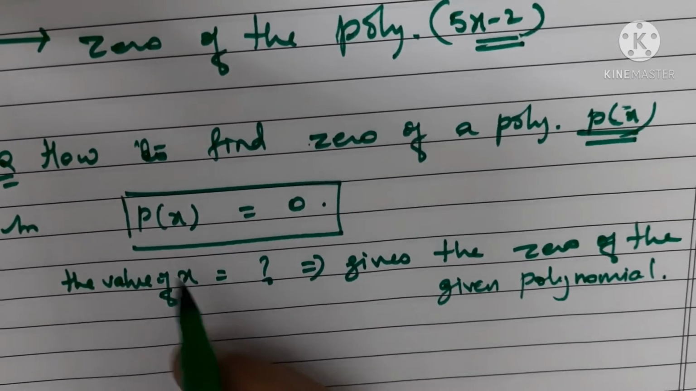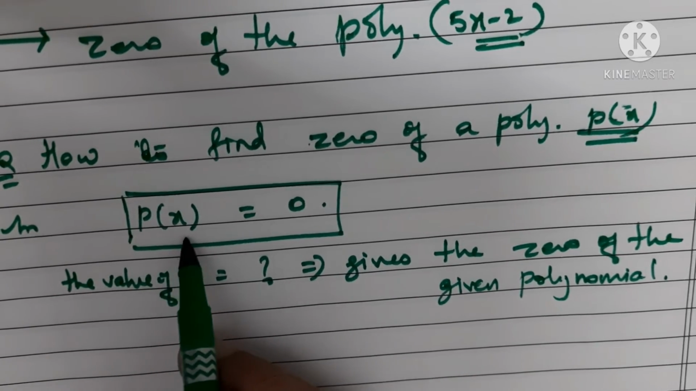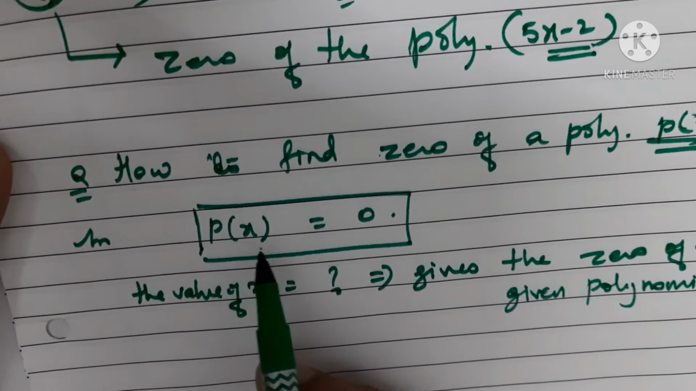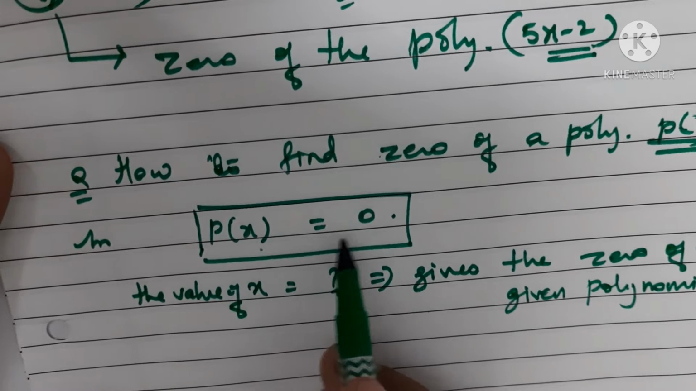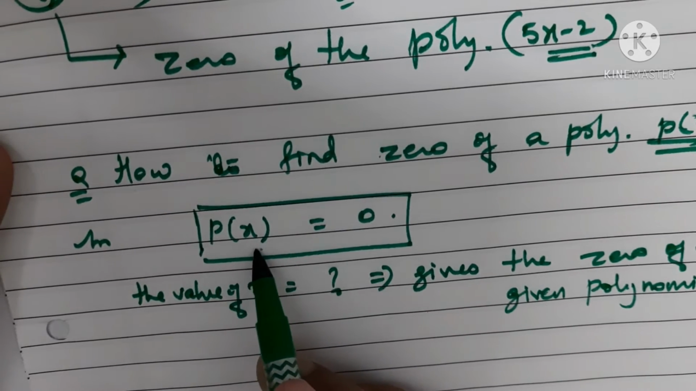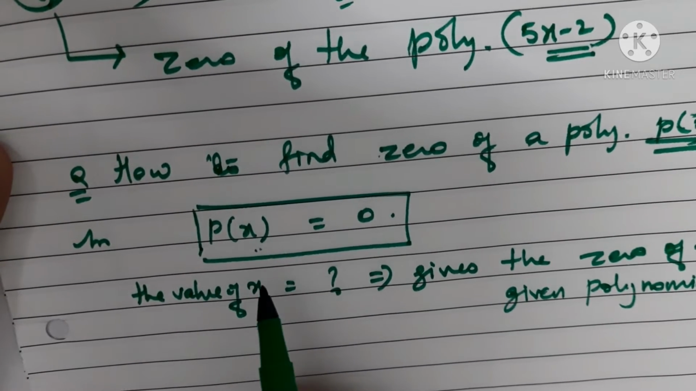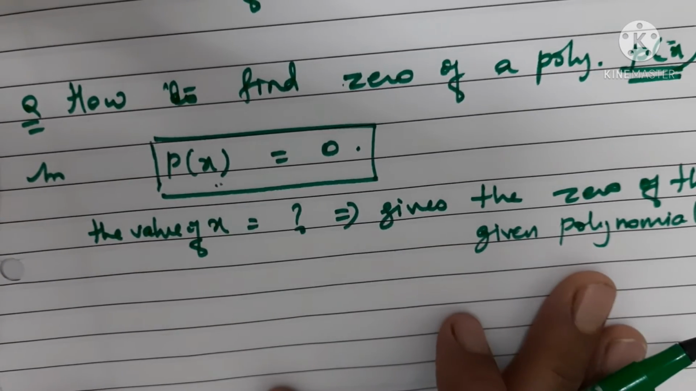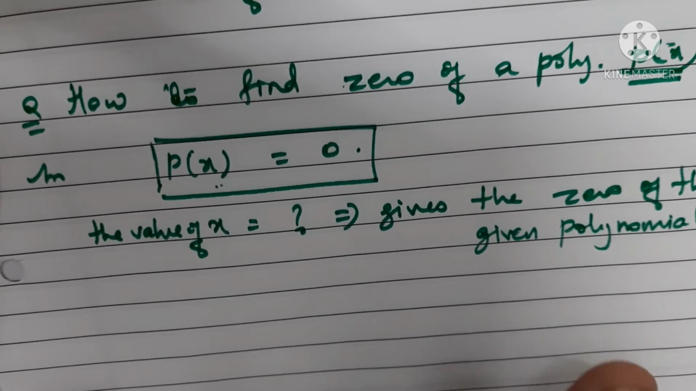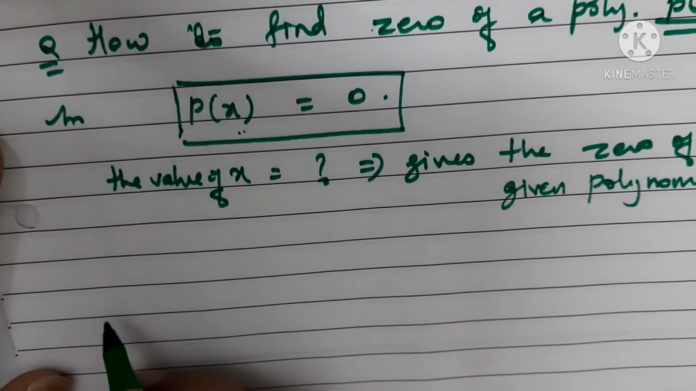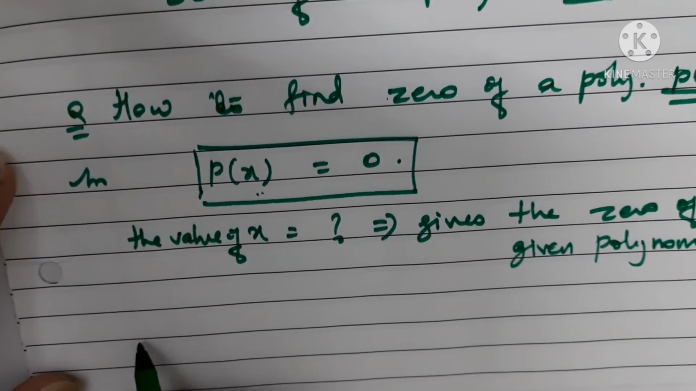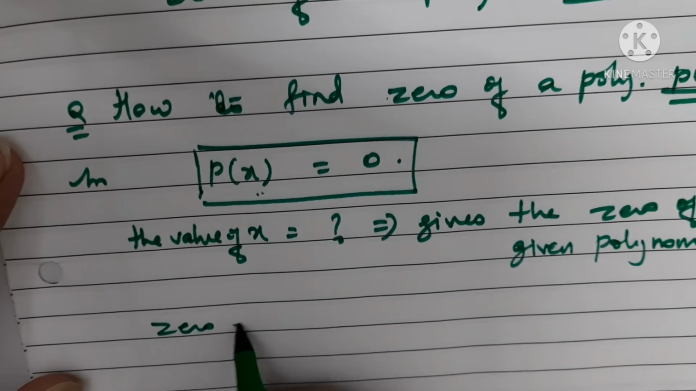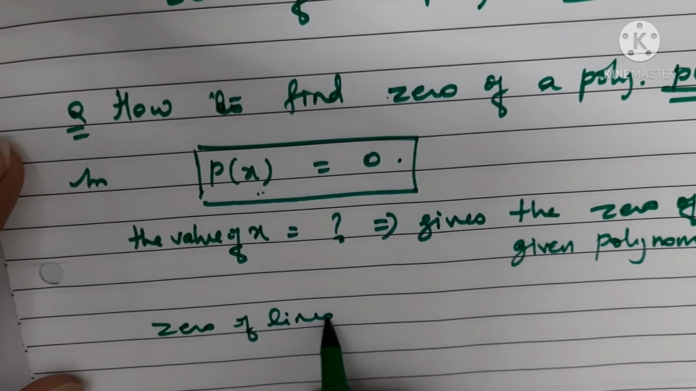Understood? कैसे निकालना है 0 of polynomial? जो भी हमारे पास whatever polynomial is provided to you, just equate it to 0 and then find the value of x. That value of x will become the 0 of the polynomial. Understood? Okay, now remember, as I told you, the 0 of a linear polynomial